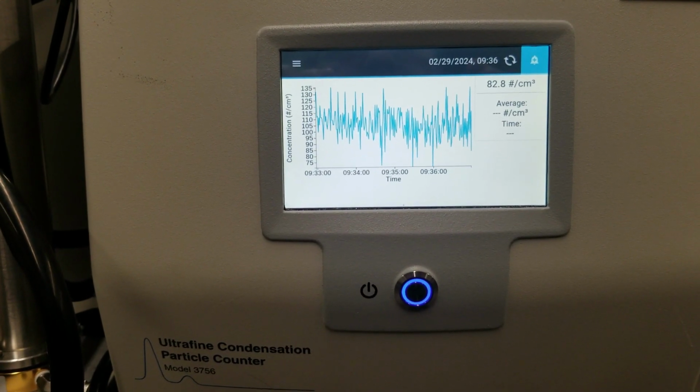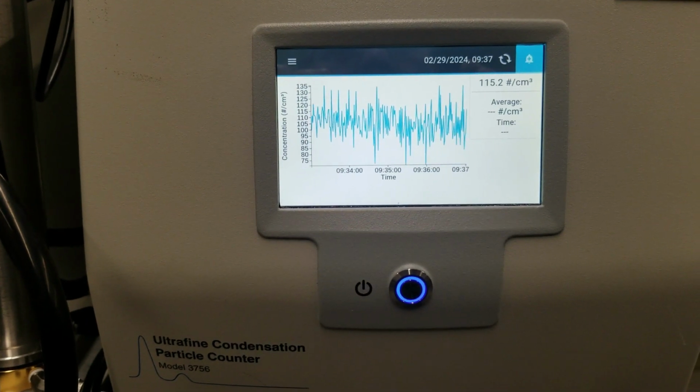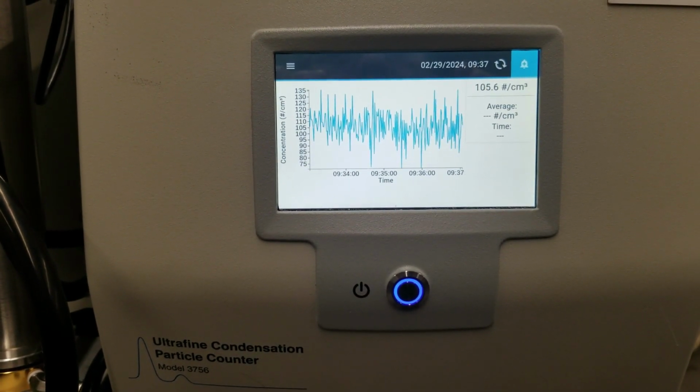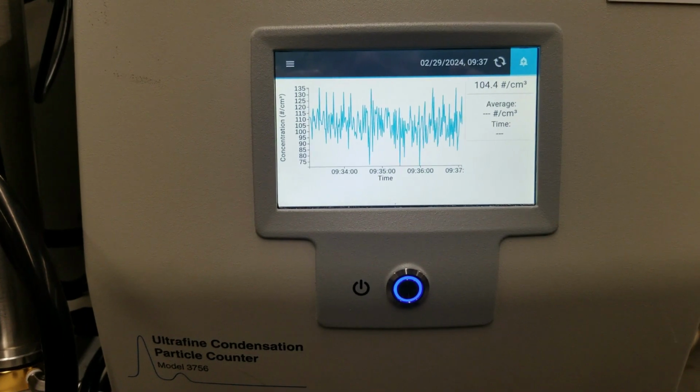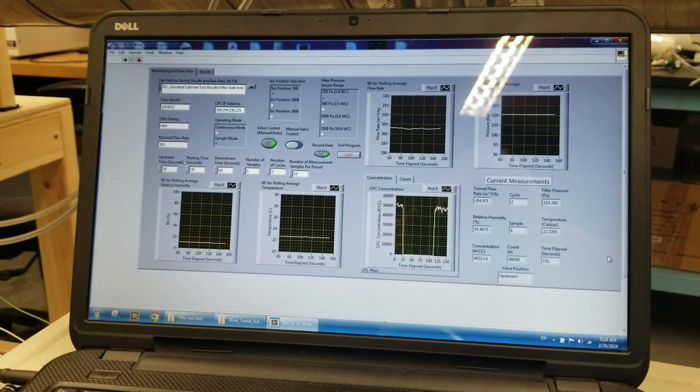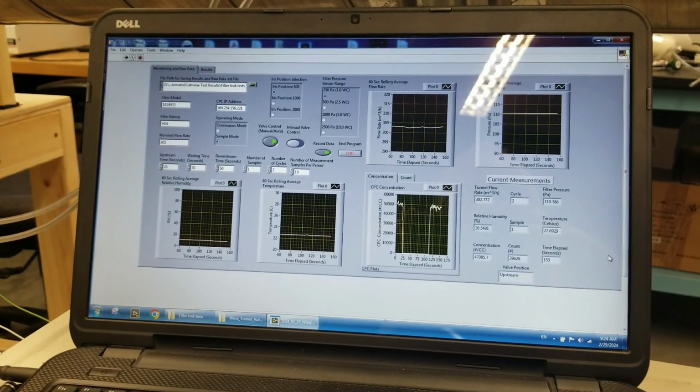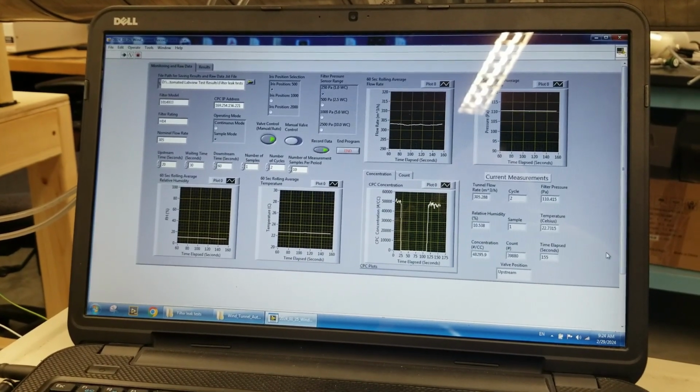A condensation particle counter is used to measure the total particle concentration upstream and downstream of the filter panel. A LabVIEW interface program is used on a laptop computer to communicate with all the sensors and to automate the